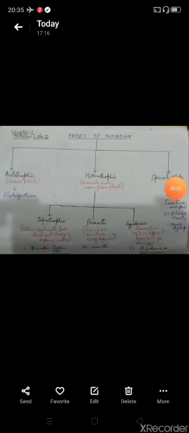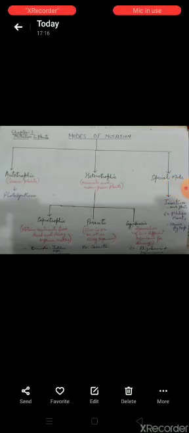The next mode of nutrition is the special mode of nutrition, and under this mode we are going to discuss insectivorous plants. So what are insectivorous plants? These are plants which are dependent on insects for fulfilling their nitrogen requirement. These plants have a poorly developed root system, and often they grow in nitrogen-deficient conditions. They obtain the missing nutrients by trapping, capturing, digesting, and then absorbing the nutrients